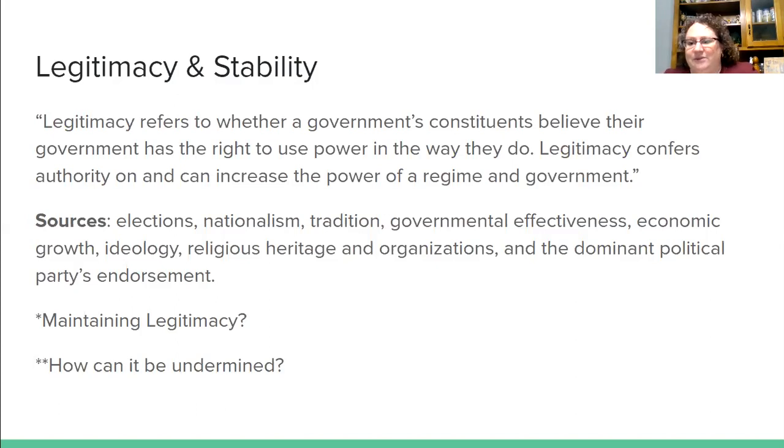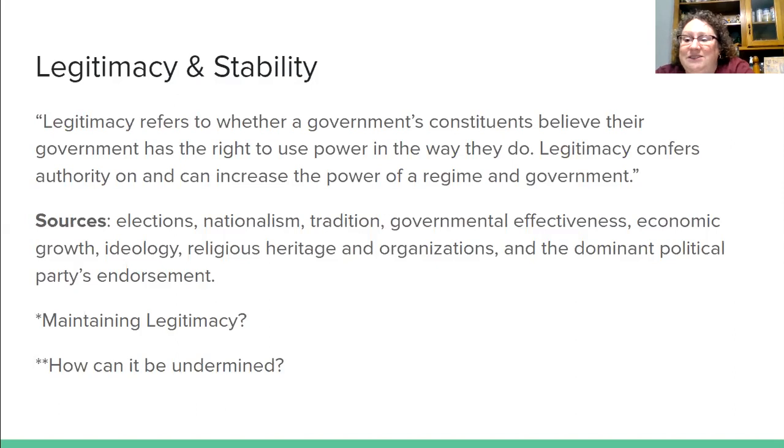So how do we maintain legitimacy? If we want to have elections that are legitimate, we need to make sure that they are not corrupt, that they are being held. You can go back again to Mexico creating the IFE, which puts a check on elections. You can do things like referendums. A referendum is a wonderful way to increase legitimacy. When the Russian Federation became Russia, as opposed to the Soviet Union, one of the things that Yeltsin did was have them vote on the Constitution through a referendum. Let the people vote on it.